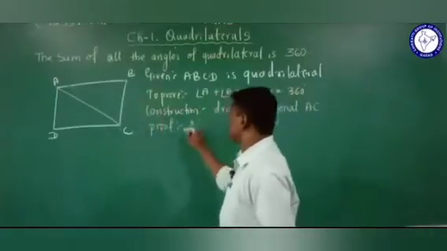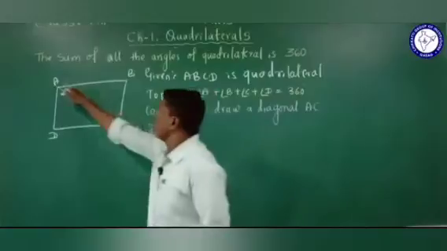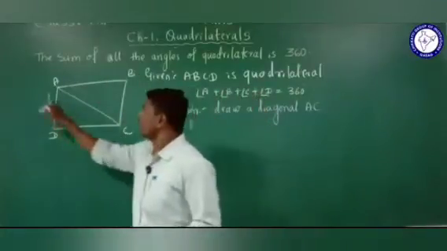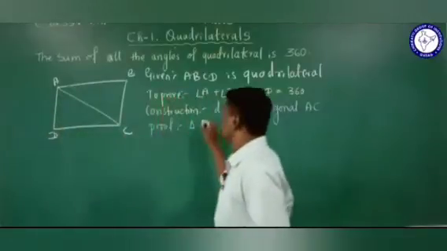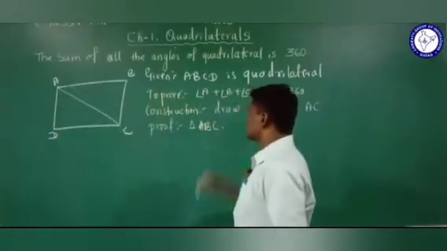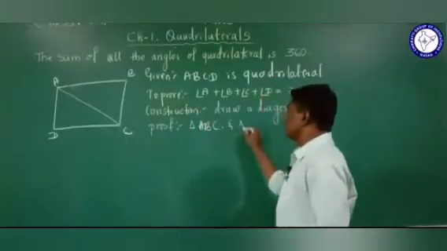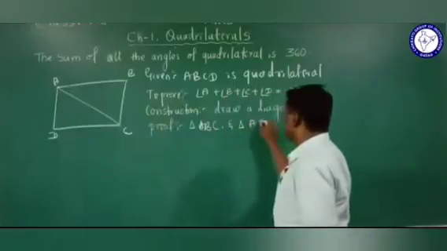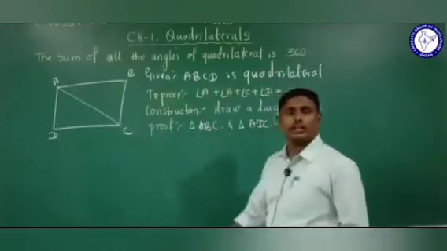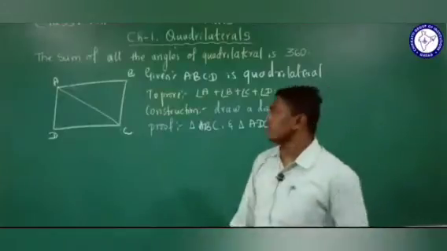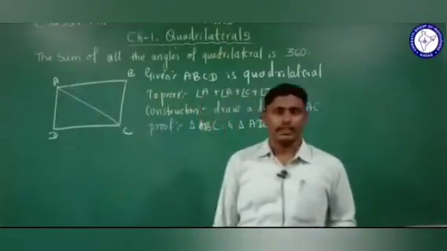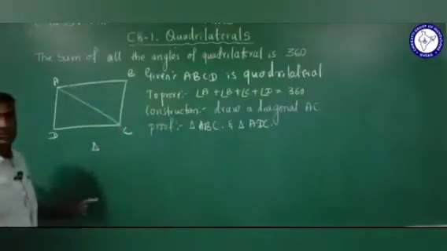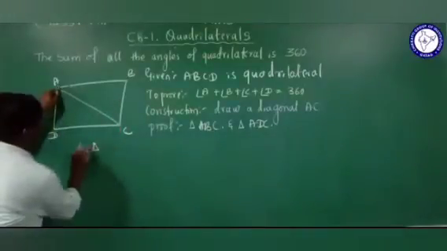First triangle is triangle ABC. This is the first triangle, right? Second triangle is ADC. ABC is the first triangle and the second triangle is ADC. So these are the two triangles formed by the diagonal AC, right? Let's take the triangles one by one. In the first triangle,